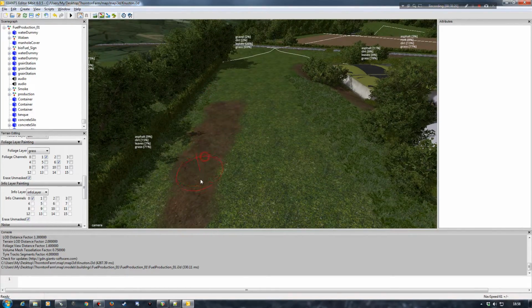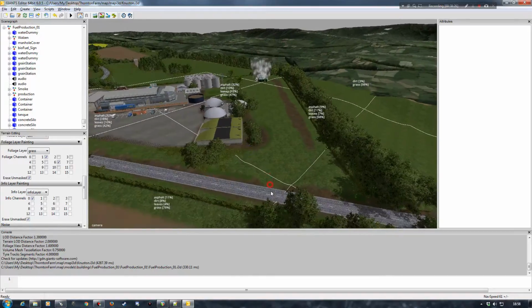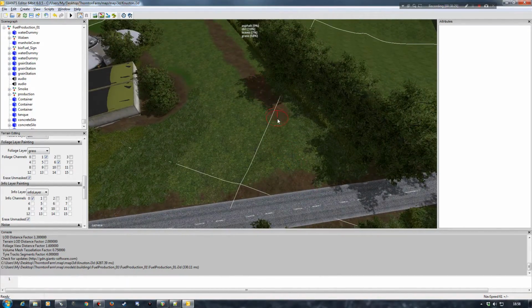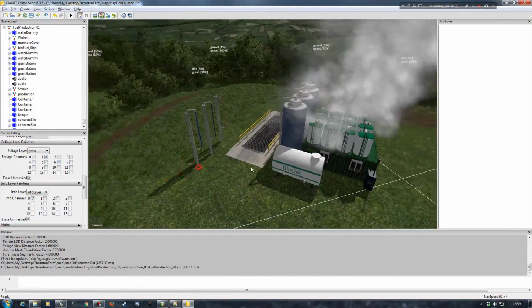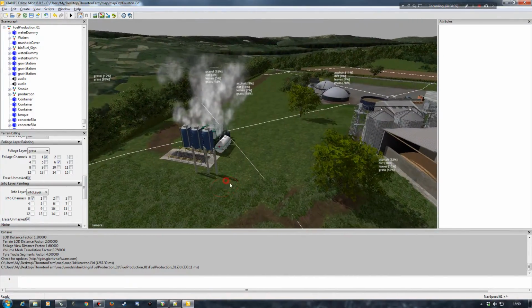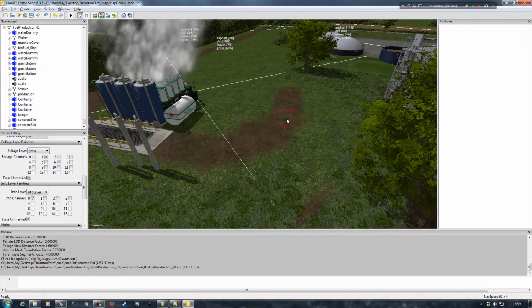So we'll just basically create our road in here like so. Like so. And then what I could potentially do here is to create my road out like so,